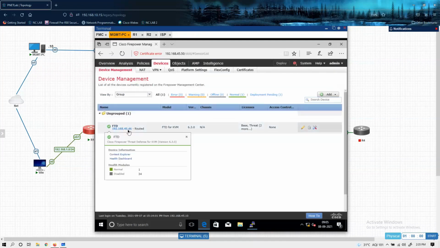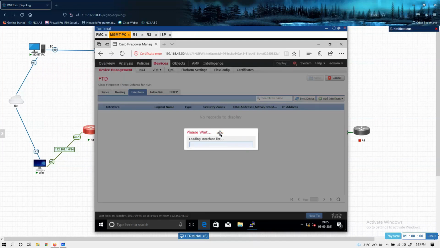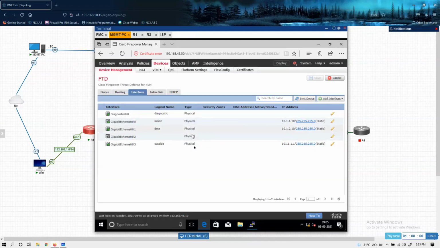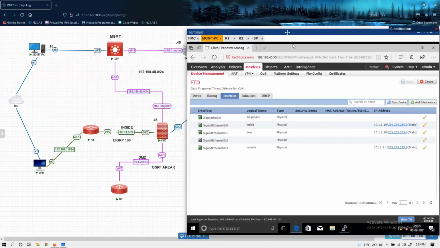Okay. Here it is successfully registered. Now you can edit this device. This is your FTD interfaces. Here, gig 0/0. Yesterday I configured these interfaces, right? Once you save the configuration, it will remain forever. You can see I deregistered FTD and then registered it again, but the configuration is as it was configured, right?